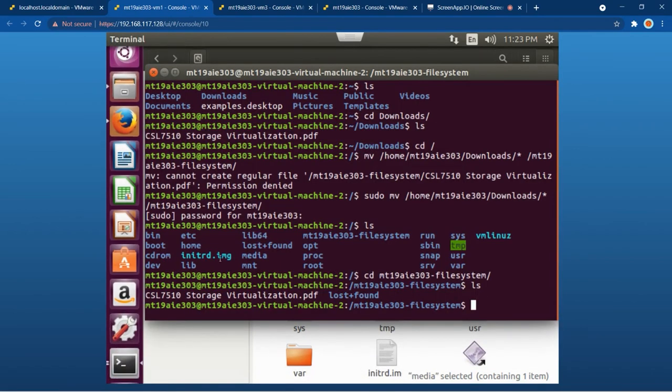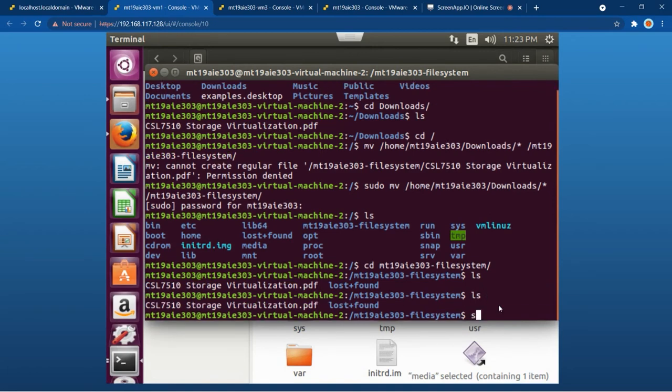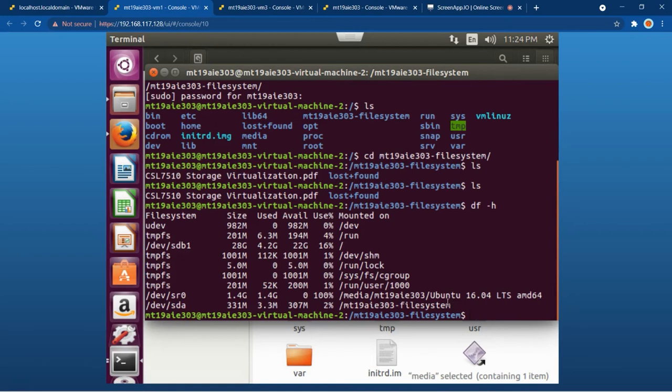It can also be seen from here. So we can see that the file is present in the file system. Also, you can see that the disk /dev/sda was mounted on the MT19 file system.